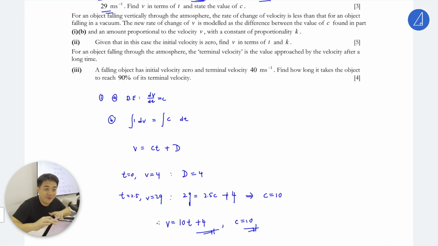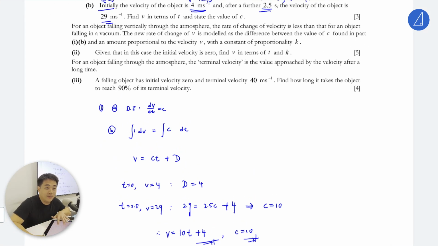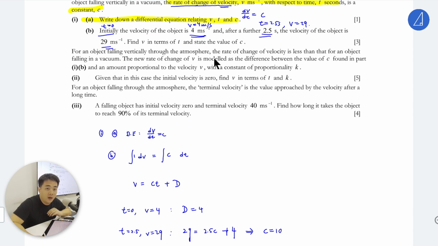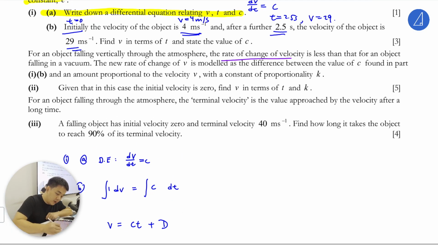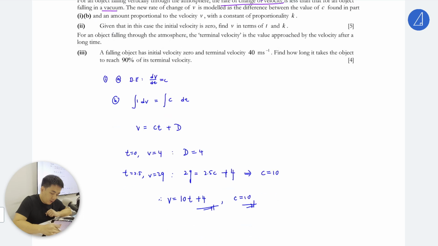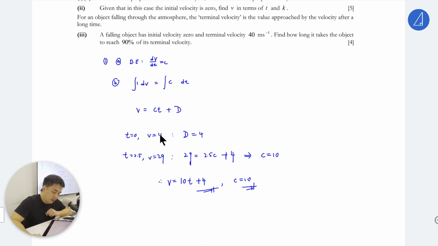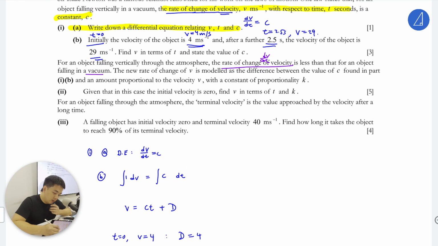I'll read this question properly and understand what's going on. For an object falling vertically through an atmosphere, the rate of change of velocity is actually less than that for an object falling in a vacuum. So now read this carefully. Falling in a vacuum was this, dv/dt equals c. So the new rate of change is modeled as a difference between the value of c found, which is 10, and an amount proportional to velocity v, with a constant of proportionality k,